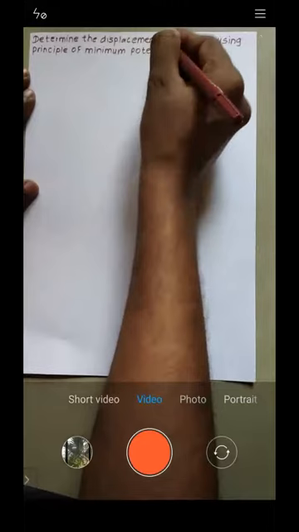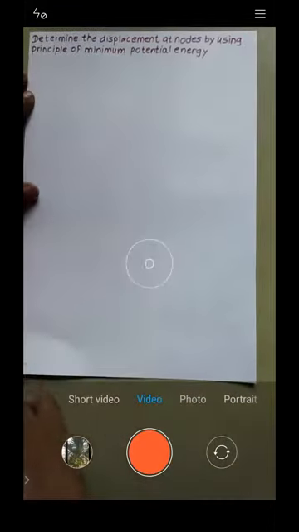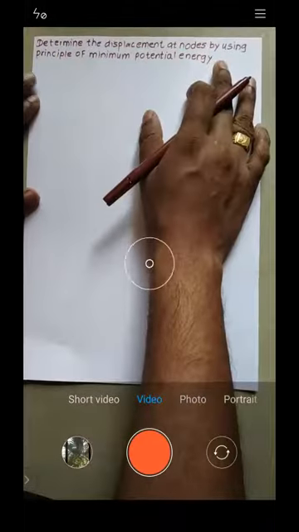You see, minimum potential energy is nothing but the principle of stationary total potential, right? Principle of stationary total potential is nothing but the principle of minimum potential energy. So determine the displacement at the nodes by using the principle of minimum potential energy, and